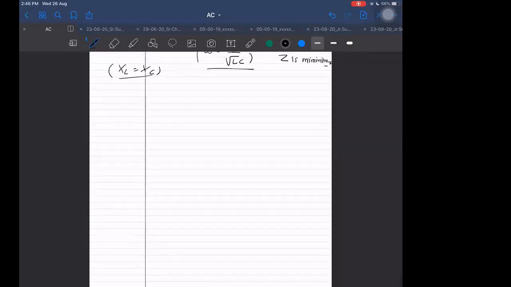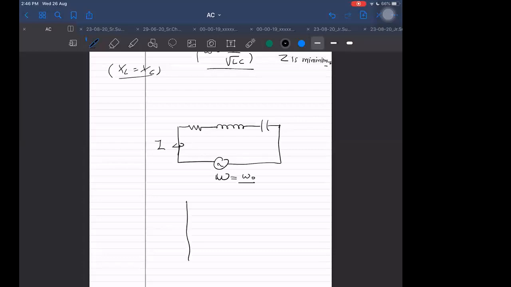Now, can we use it to our advantage? Yes, we can. For example, I want to design a circuit where I want more input current flowing only for one particular frequency, but not for other frequencies. Then when I give the frequency equal to omega naught or some values close to omega naught, the current will become maximum. The current varies in a reciprocal manner: when we have the resonating frequency, the current becomes maximum, otherwise the current is nearly 0.